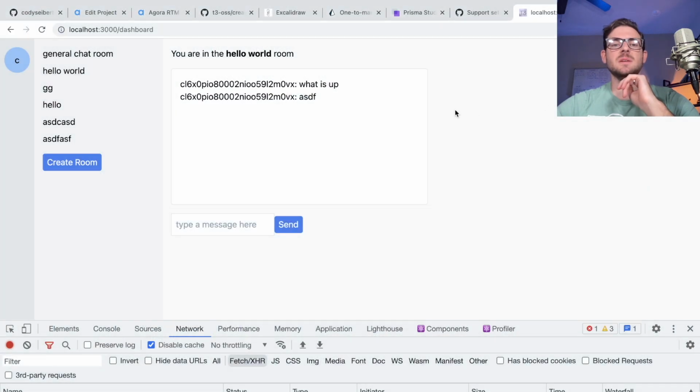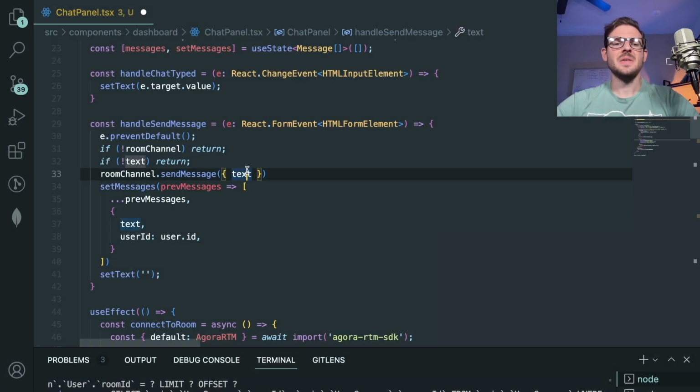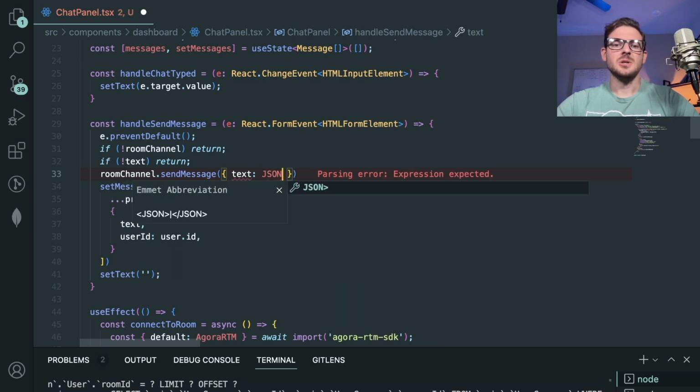Because the problem is if I just try to map this ID to the users in the room, then when Jane leaves, the ID won't know what to map to. So the message needs to actually have the real name of the user instead of this ID, in my opinion. And I think the only way we can do this is if we do a JSON